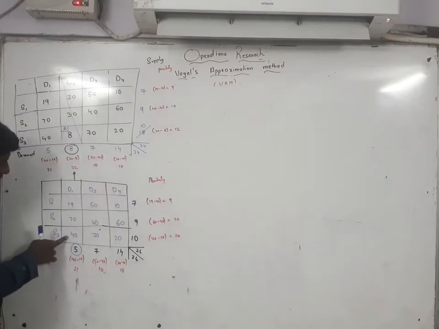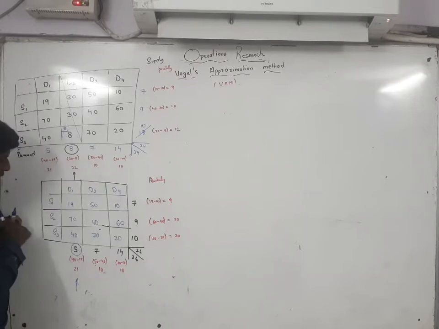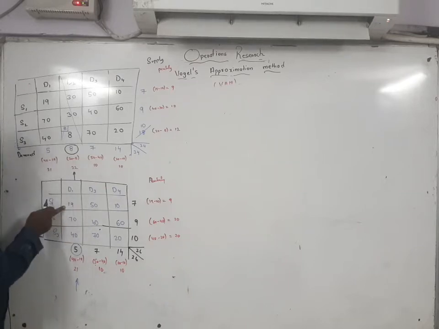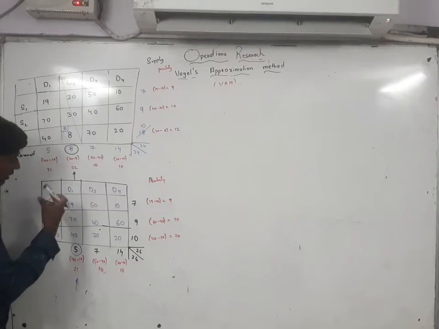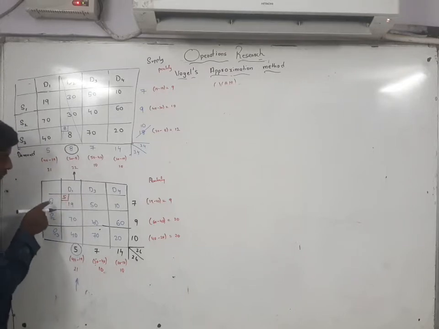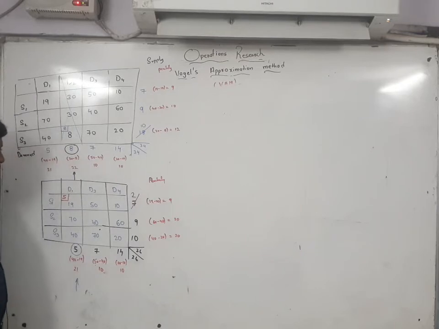So here 40 is there, here 70 is there, and here 19 is there. Okay, 40, 70, 90. Which one is the least value? 19 is the least value. So see, this P you have to locate here. From that, if you subtract, how much will you get here? 2.